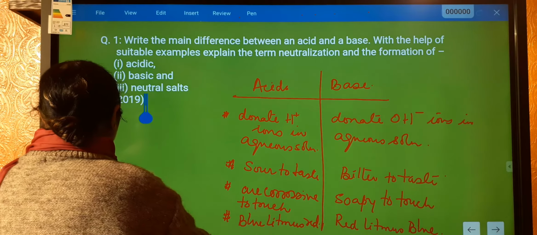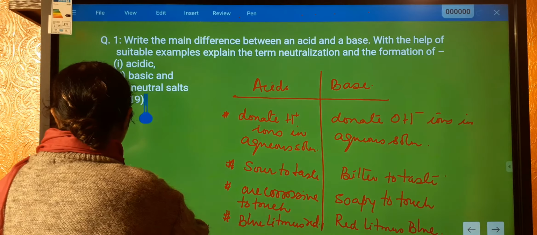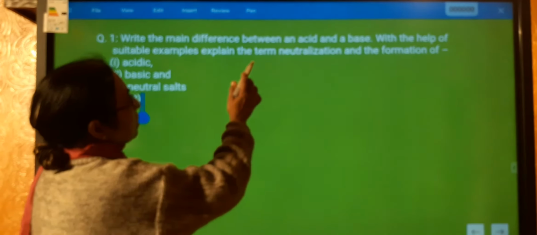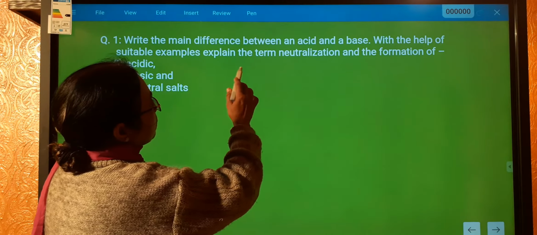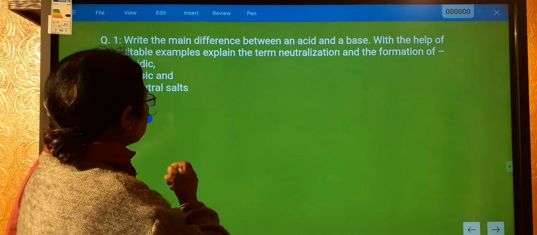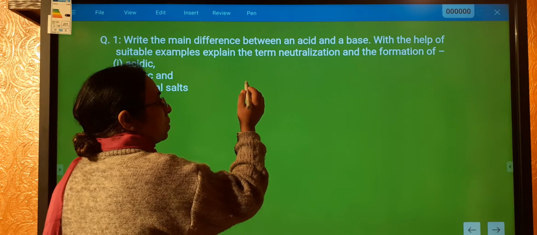Now let us come to the second part of this, that is, with the help of suitable examples, explain the term neutralization and formation of acidic, basic and neutral salts. So neutralization, what is it? When an acid